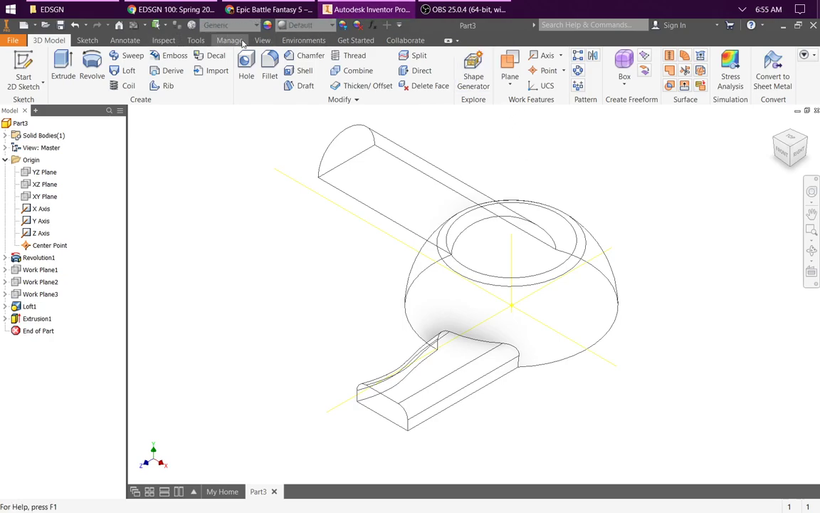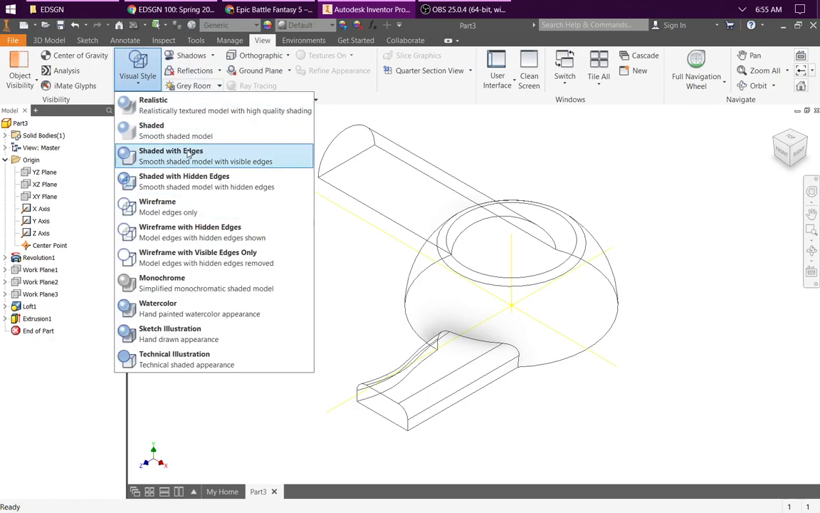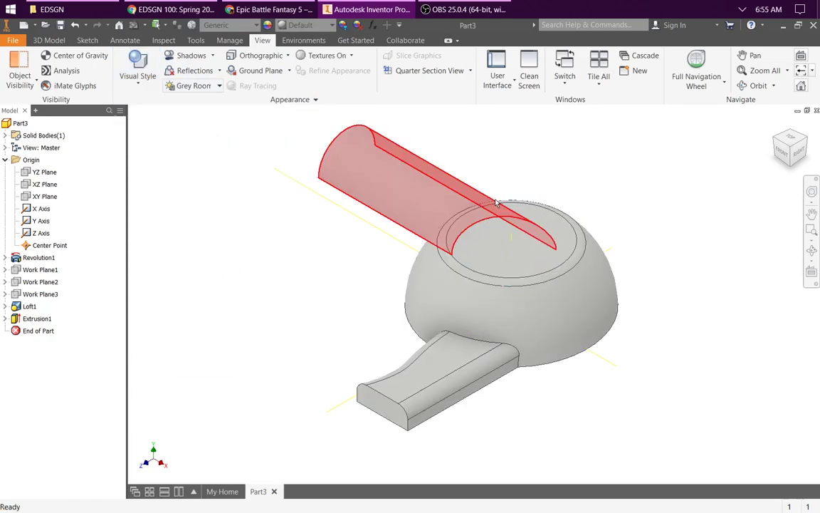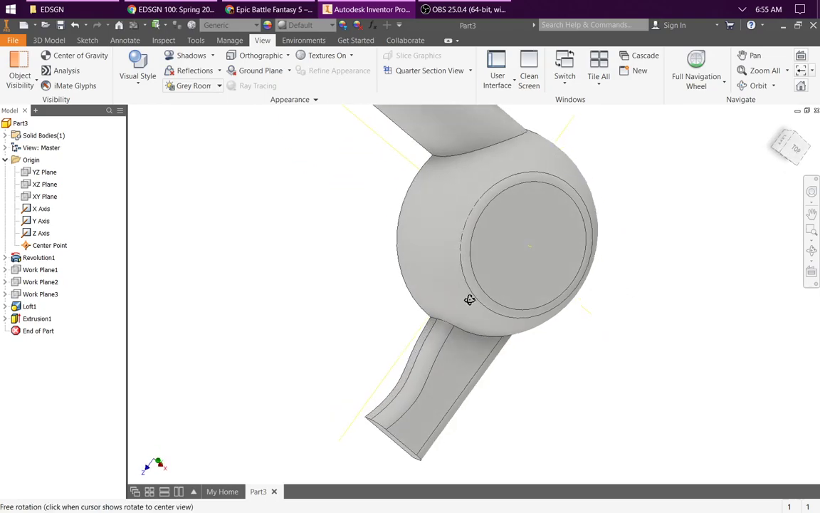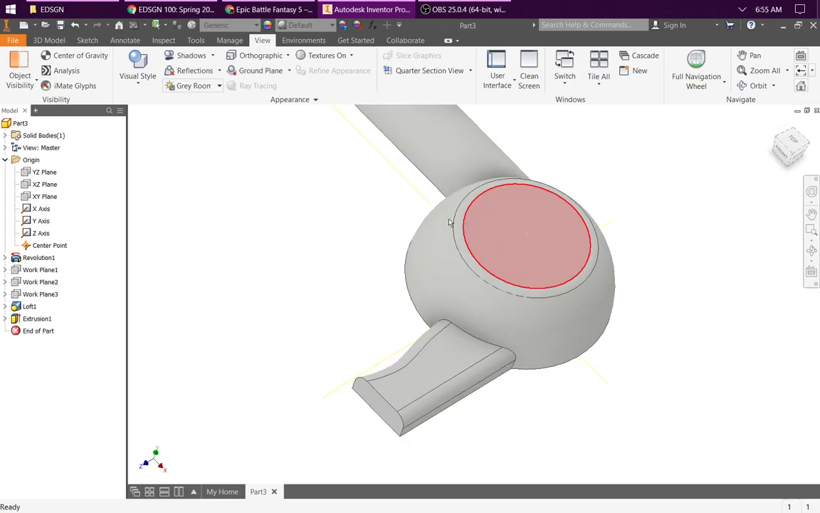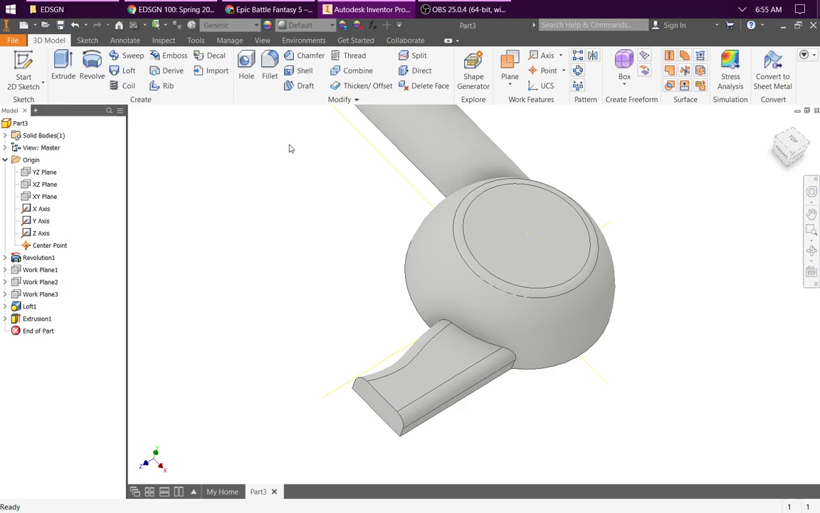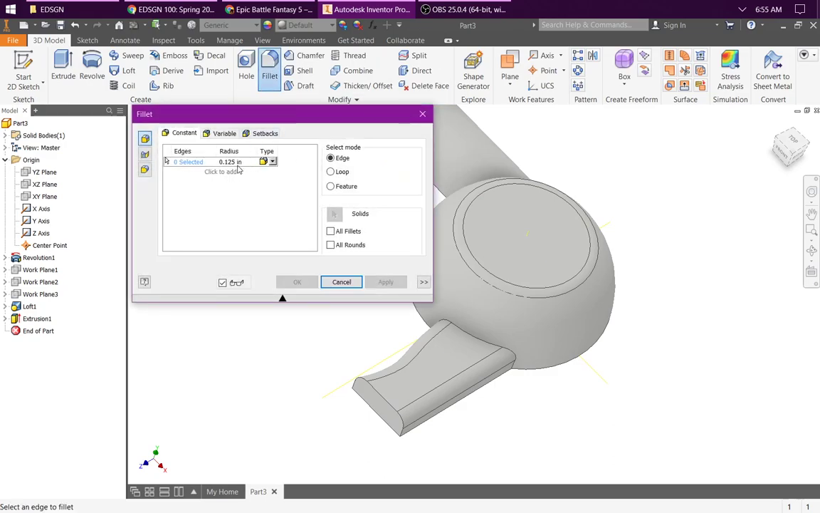Now I'm going to change my view, visual style, back to shaded. And we are going to use a 3-dimensional fillet to make smooth transitions here and make this smooth, make smooth transition over here. So go to 3D model, fillet, and we want this to be 0.15 inches radius,